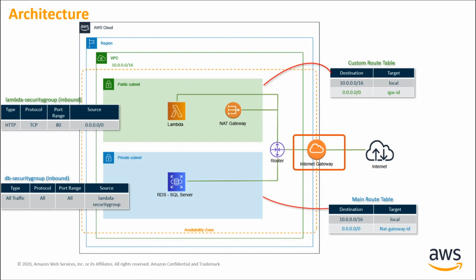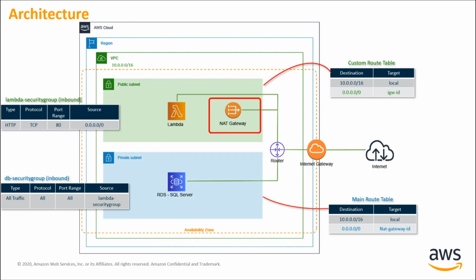We have configured the internet gateway with the VPC to allow communication between the VPC and the internet. Basically, it serves two purposes: to provide a target in your VPC route tables for internet-routable traffic, and to perform network address translation for instances that have been configured with public IPv4 addresses.